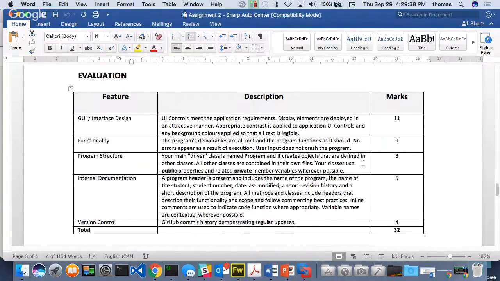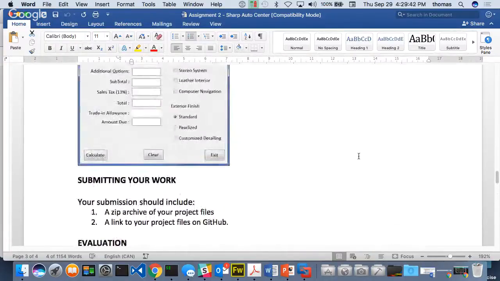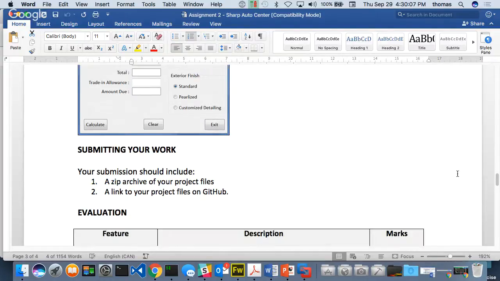It's out of 32, and that's why it's only worth 10%. So nothing that's great. I usually do 2 to 3 to 1, something like that. If it's like 30 points, it's worth probably around 10, maybe 12 or 15% max, right? Once I go higher in terms of points, it means there's more things I'm looking at, and the more things I look at means I'm going to probably give you a higher weight. It's going to be a more challenging assignment to do. This is not a challenging assignment to do in any way. In fact, if anything, the first one might be a little bit even tougher than this one.